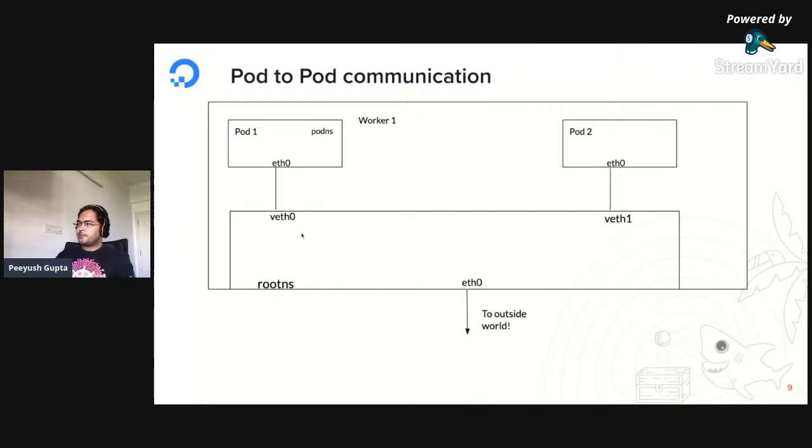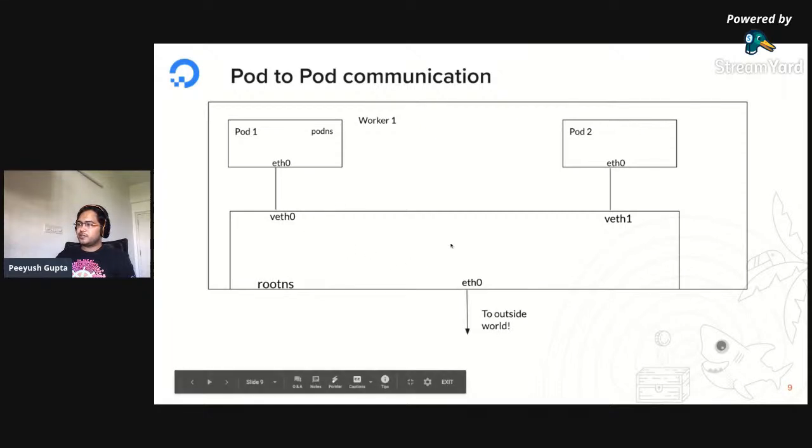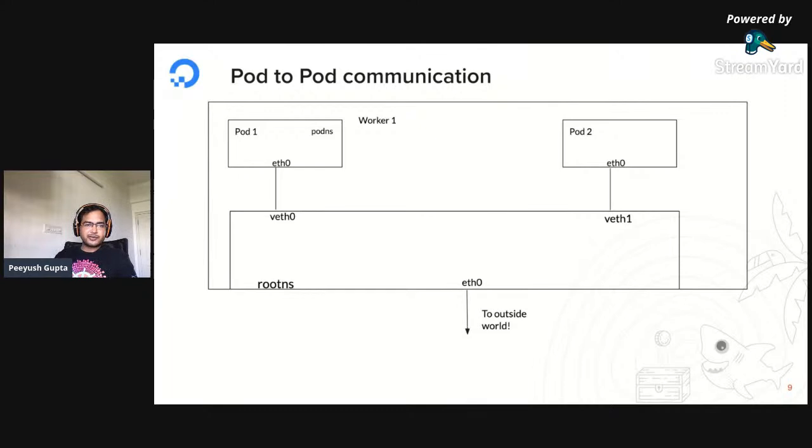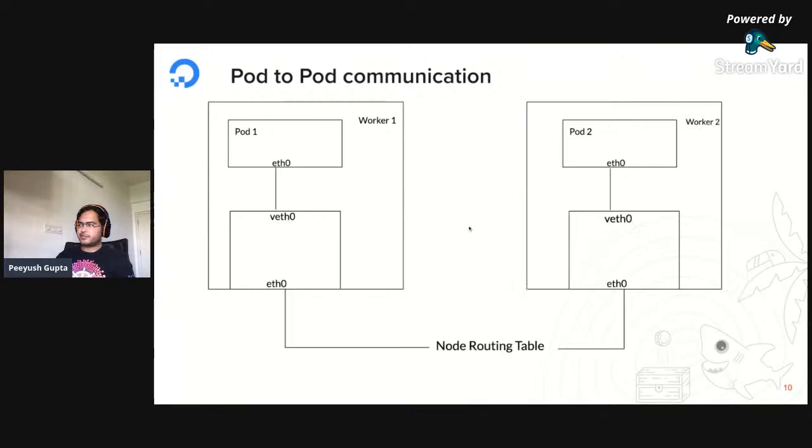But if the packet wants to go outside, the bridge will broadcast that it has this packet with this destination address, asking who owns this address. Nobody is going to respond, so the bridge is basically going to send it to the default outside boundary.